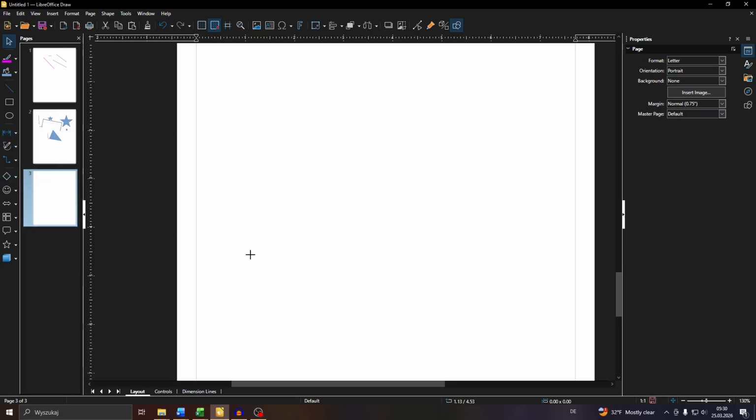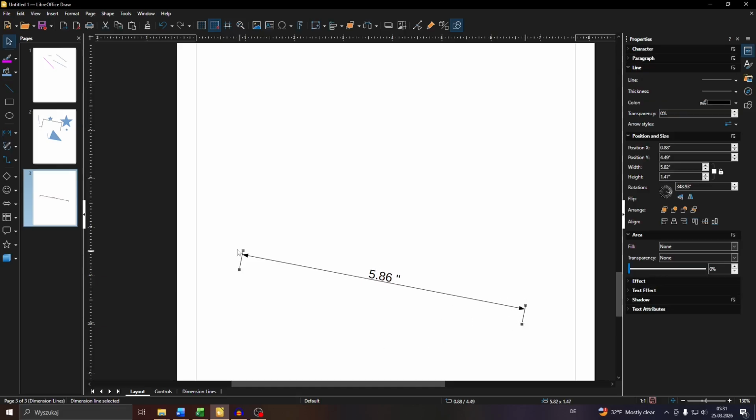After that, start drawing it by setting the start point with your left mouse. Hold your left mouse, set the angle. You will see the angle in number here. And you may also make the dimension line longer and release your left mouse again to set the endpoint. And now you have that